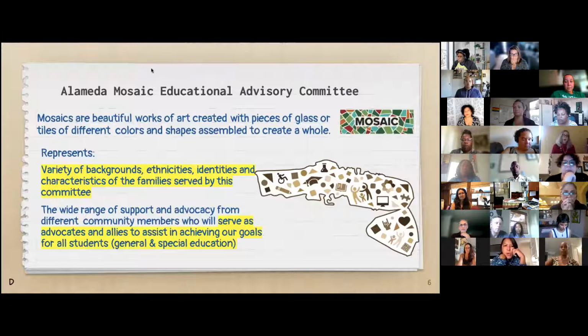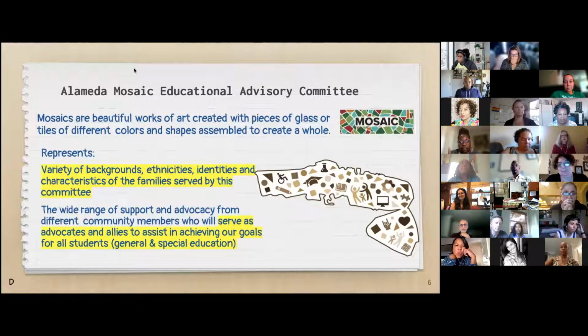Part of what we created as pieces of logo is a map of Alameda. Now, if you've never seen a map of Alameda look like this, it's because generally Bay Farm is not part of the map because it doesn't look as pleasing. But Bay Farm is very important to the educational structure of AUSD. Bay Farm is where two schools that are part of AUSD are, and we want to make sure those two schools, Bay Farm and Earhart, are treated and included just like the rest of the schools. You may note that that's where Hart is because we do want to have that environment be as inclusive as the rest.